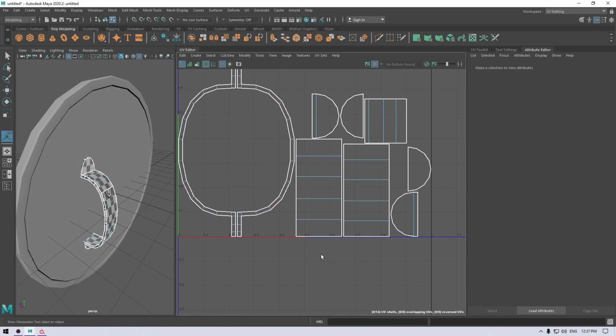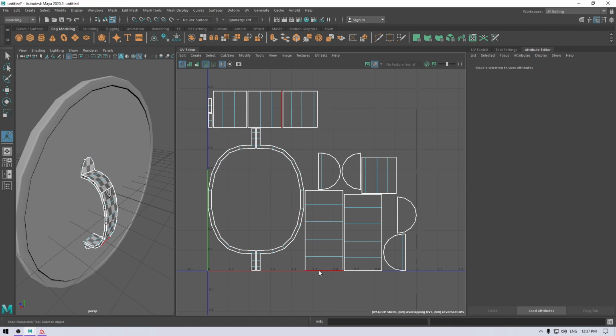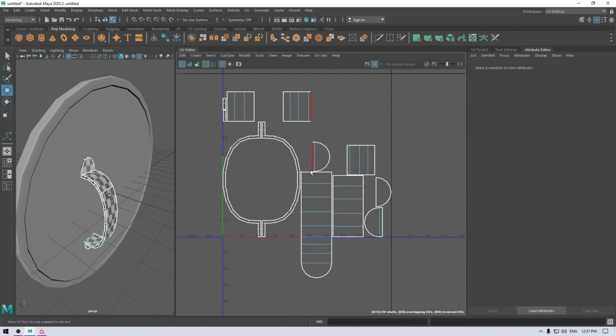Again, select the edge and it's going to show you where it's going to attach. So as you can see, we have selected this one and here you can see this is highlighted, so it's going to attach here. Select this, move and sew. Do the same for this one.